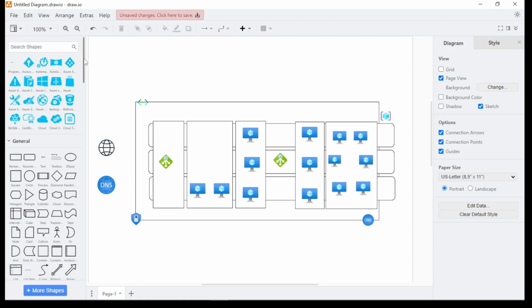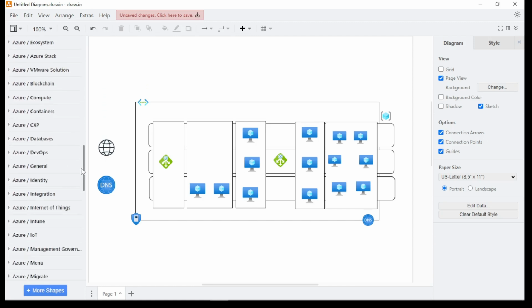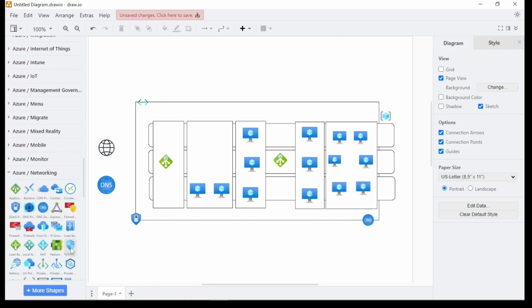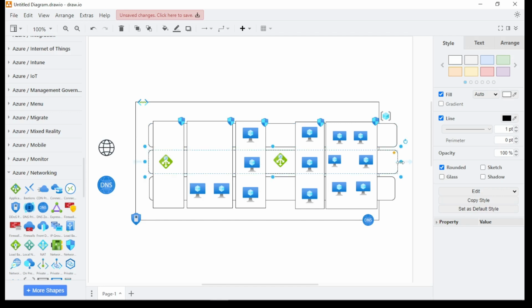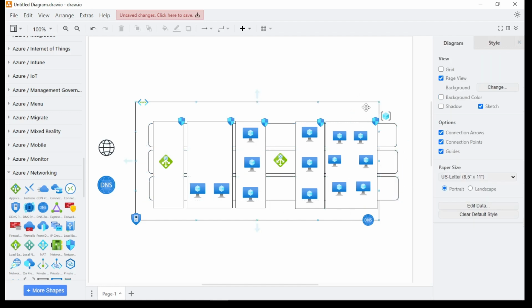So you can see I'm just trying to get this over with and put all the necessary things. I need to place it wherever it's needed, and I can just adjust. This is a great tool that you can use to draw any